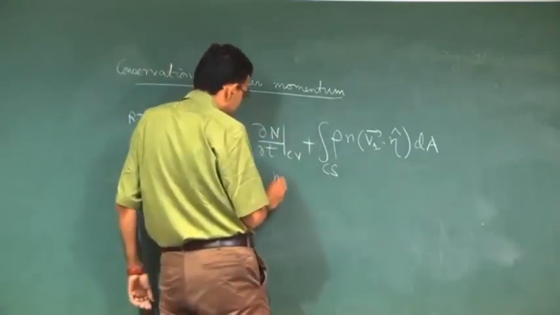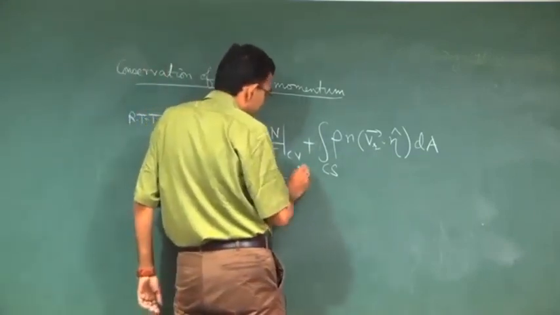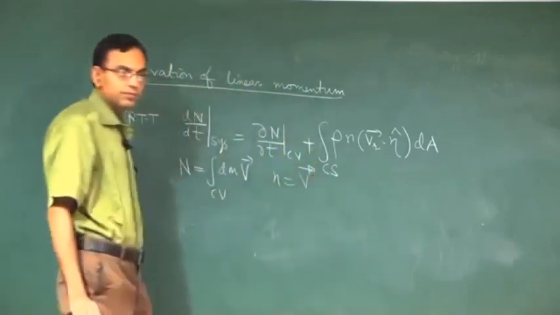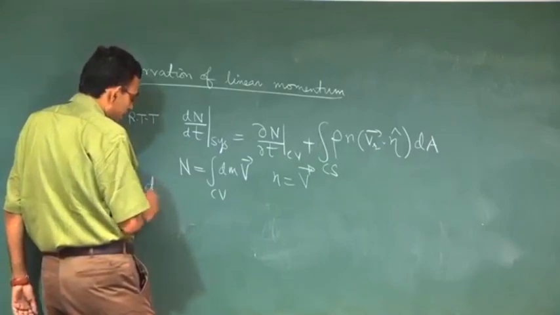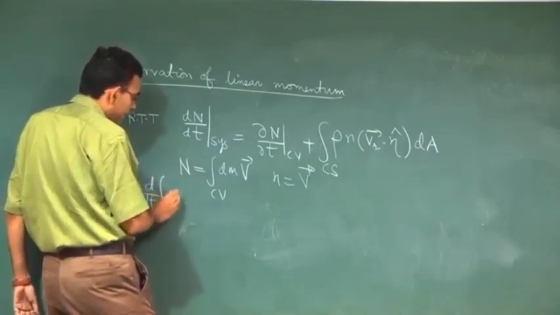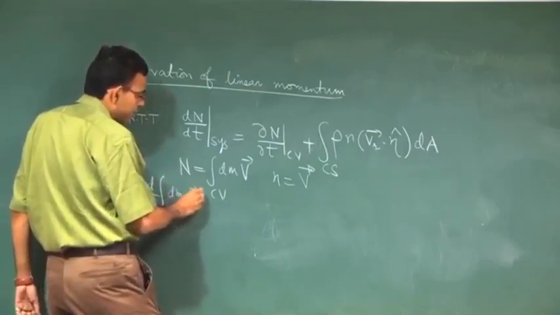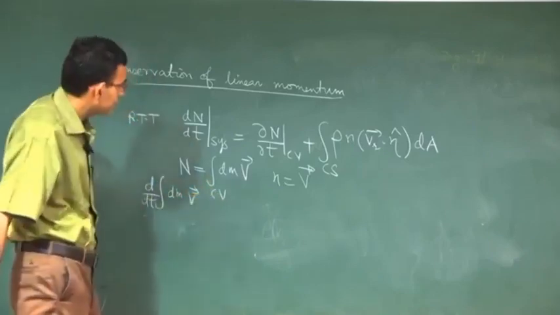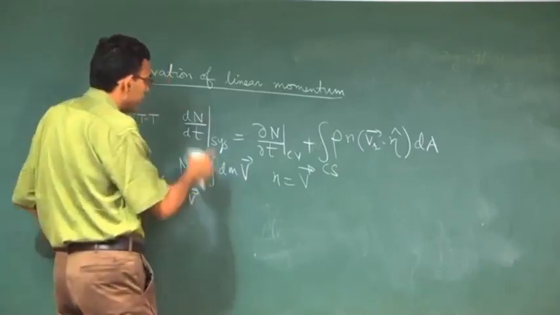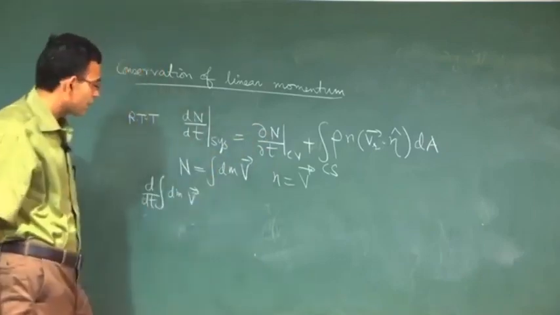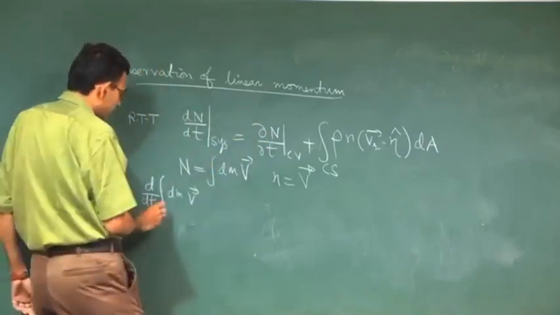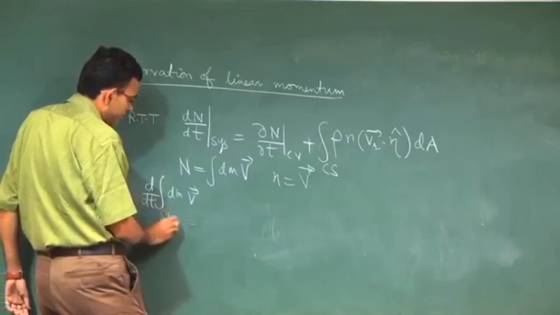So, small n is this per unit mass, so this becomes the local V. So, d/dt of integral V dm, system or control volume depending on this or this, so better not to write anything here. So, d/dt of integral V dm of the system